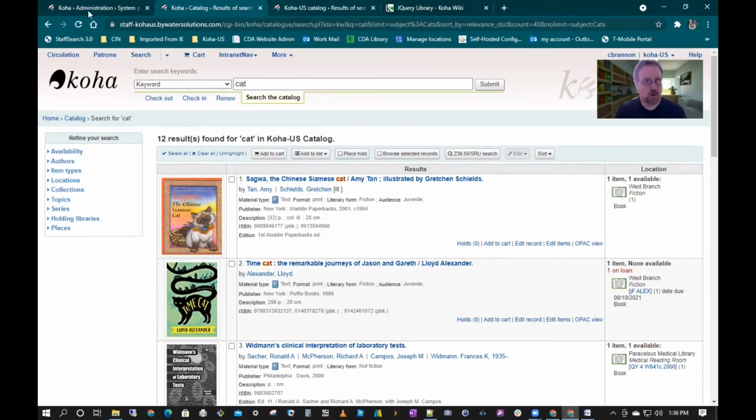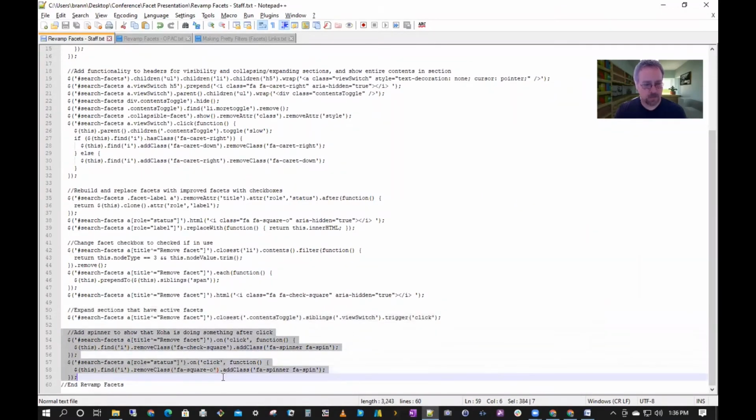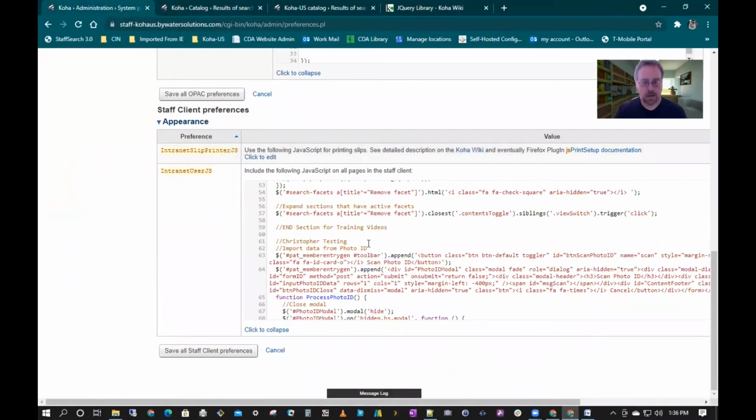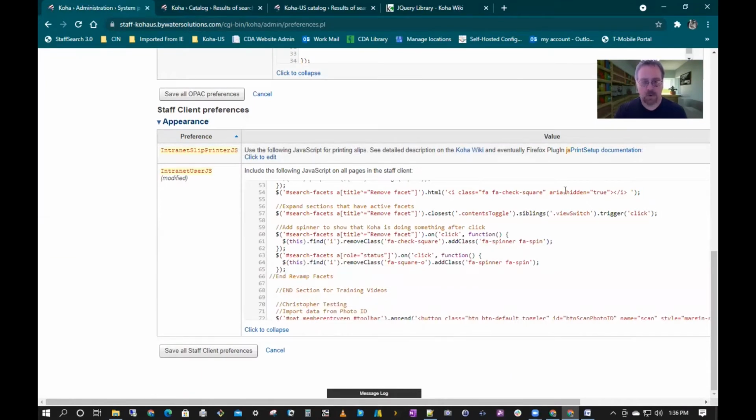We've got one more little snippet that we're going to add to this. This is the icing on the cake, if I may. And this is going to add a spinner to show that Koha is doing something after you